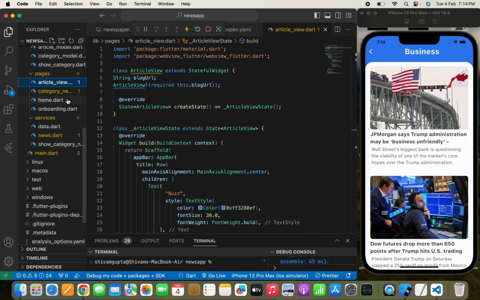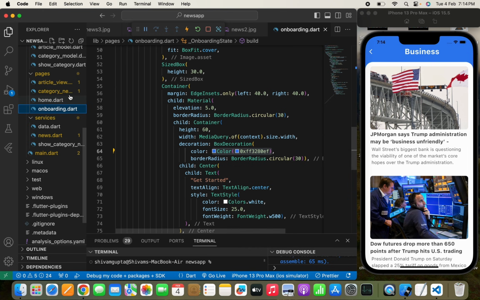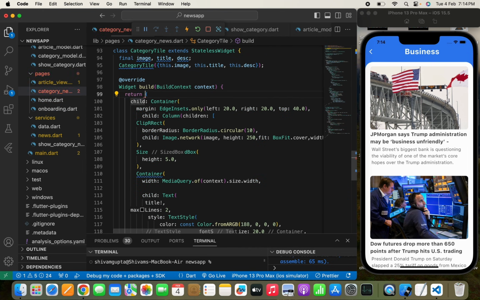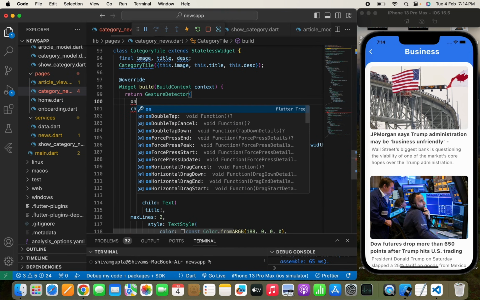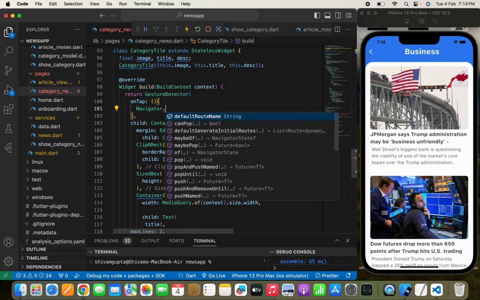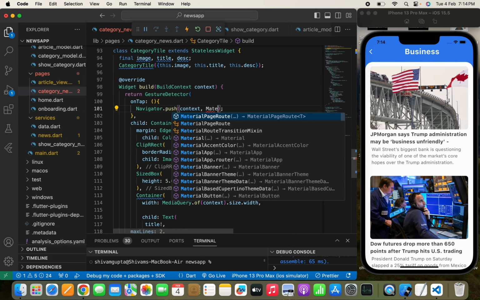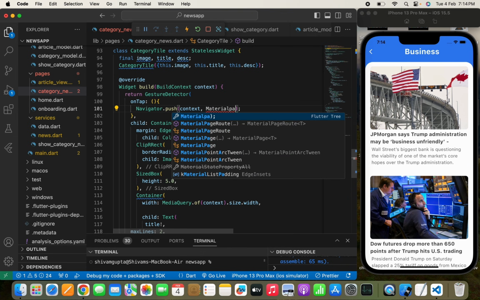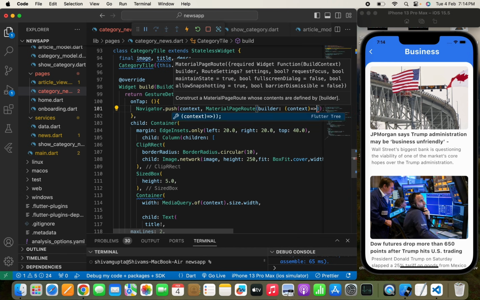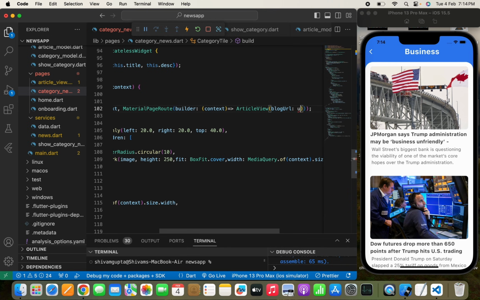Now here what I'm going to do is, where we have shown the category news, let me show you. So this is the page, and where we have shown it, we'll wrap it with a gesture detector, and in the onTap method I will just push the user to the article view page. So I'll just write Navigator.push, and will just push the user. So I'll write MaterialPageRoute, something like this, and here I'm going to pass a context, and in the context I'm going to pass the article view section, and here I'm going to push the